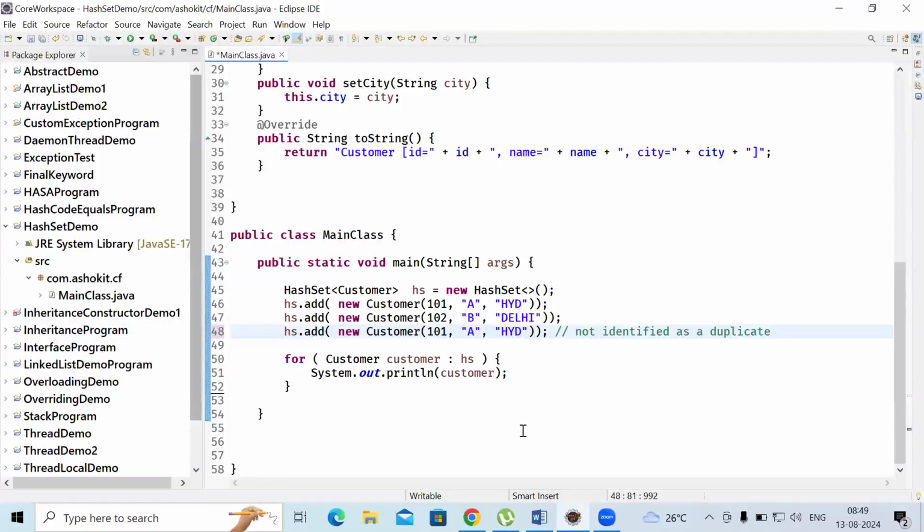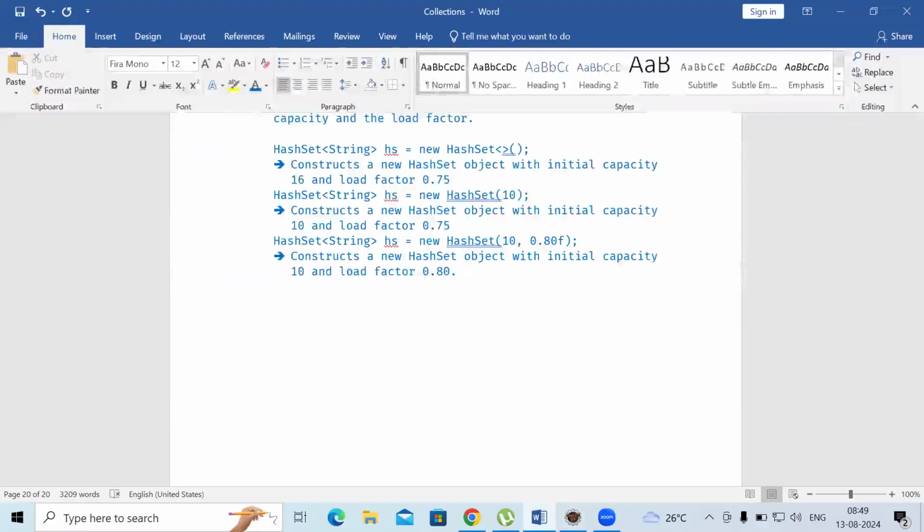Why not identified as a duplicate? Because the hash code method is not overridden. Next point. When adding custom objects, custom objects meaning our class objects, while adding user-defined class objects to the hash set,